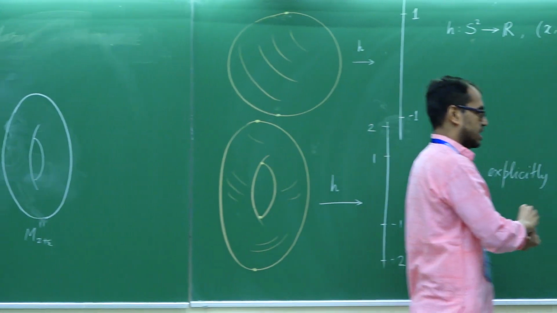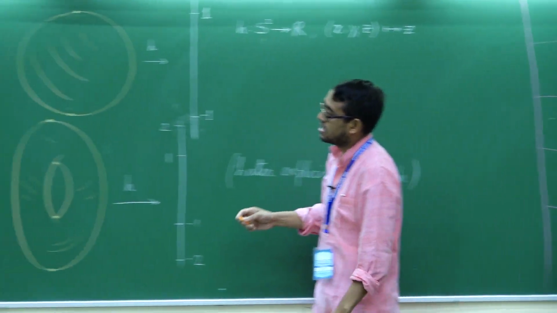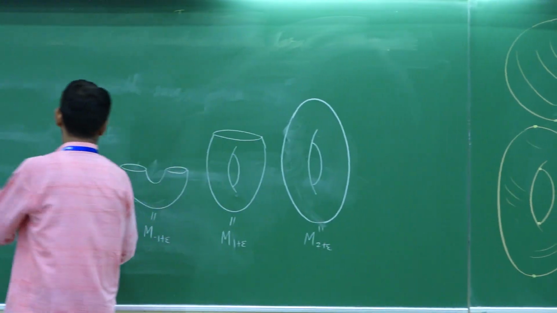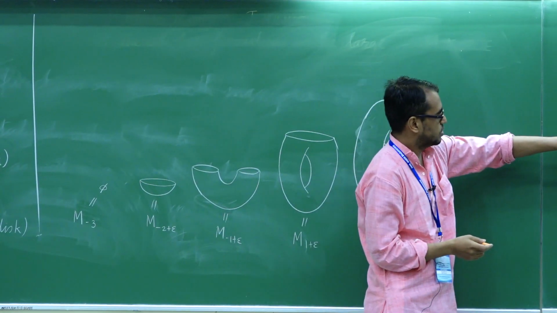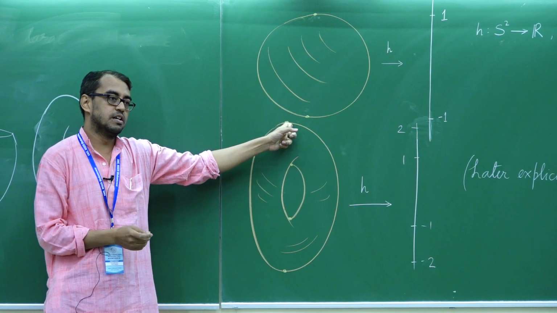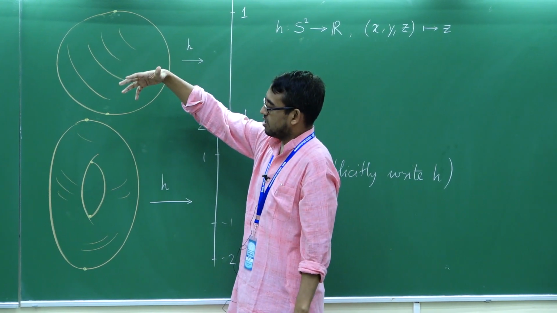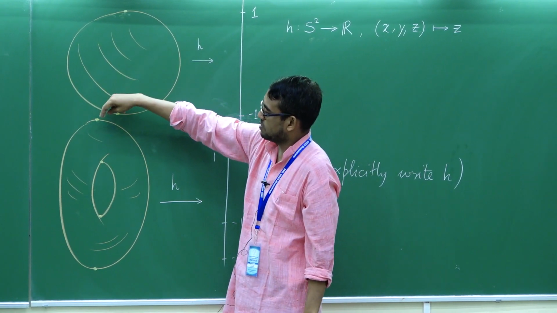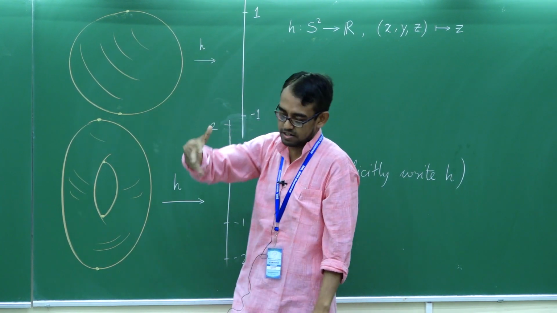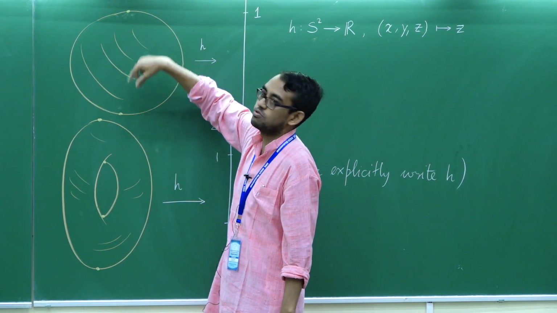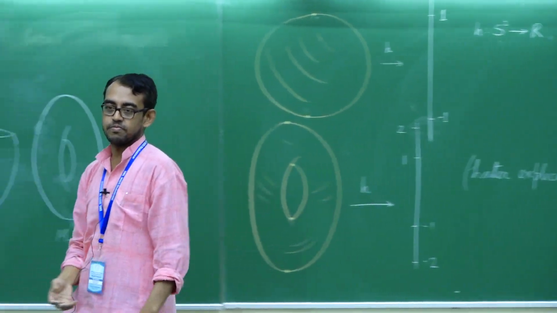What I'll indicate in this picture, and we'll hopefully come back to this point later, is that all of these critical points will have an integer attached to them called the index. So they are all critical points, but they are not all structured the same way. If you want to gain some physical intuition, imagine you want to distinguish between these two points in physical experiments. How do you distinguish between these two points? If you're just imagining gravity, gravity would tend to slow everything down, right? So this